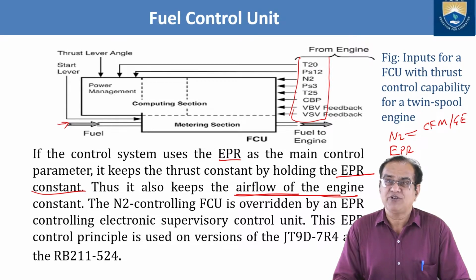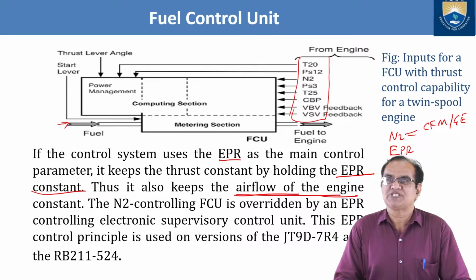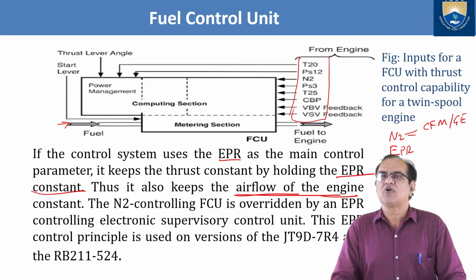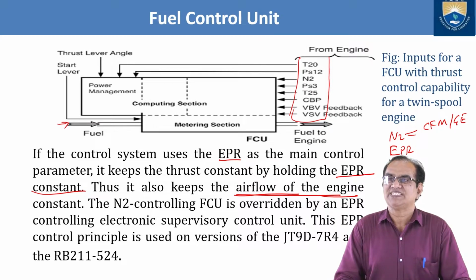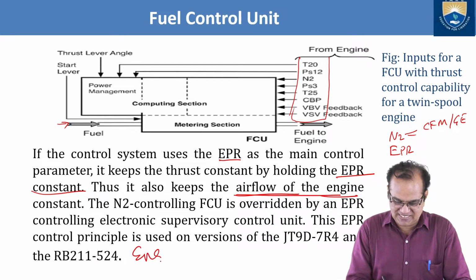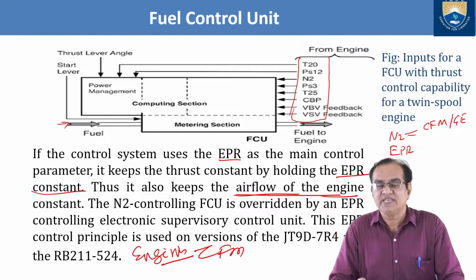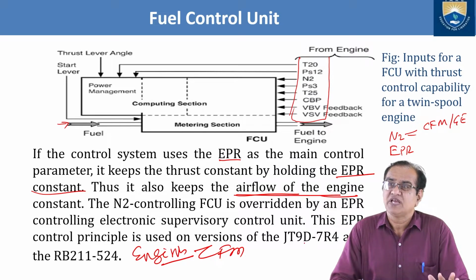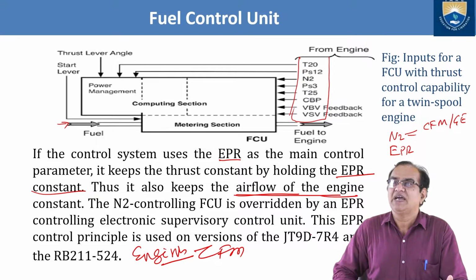The N2 controlling FCU is overridden by the EPR controlling electronic supervisory control unit. This EPR control principle is used on versions of JT9D-7R4 and RB211-524 engines. These are the engine names, and these engines have to be used under the EPR, and this EPR is overriding the N2 system and supervising as a supervisory control system